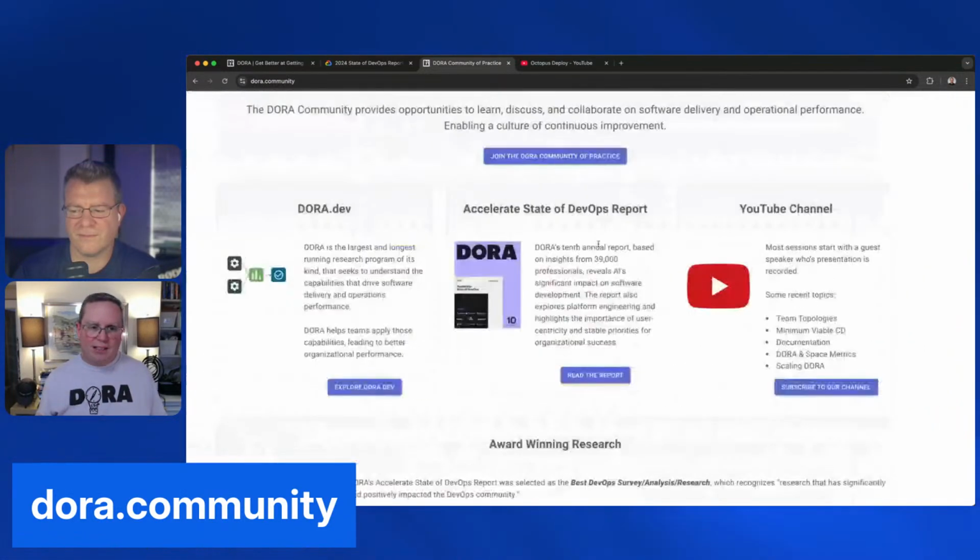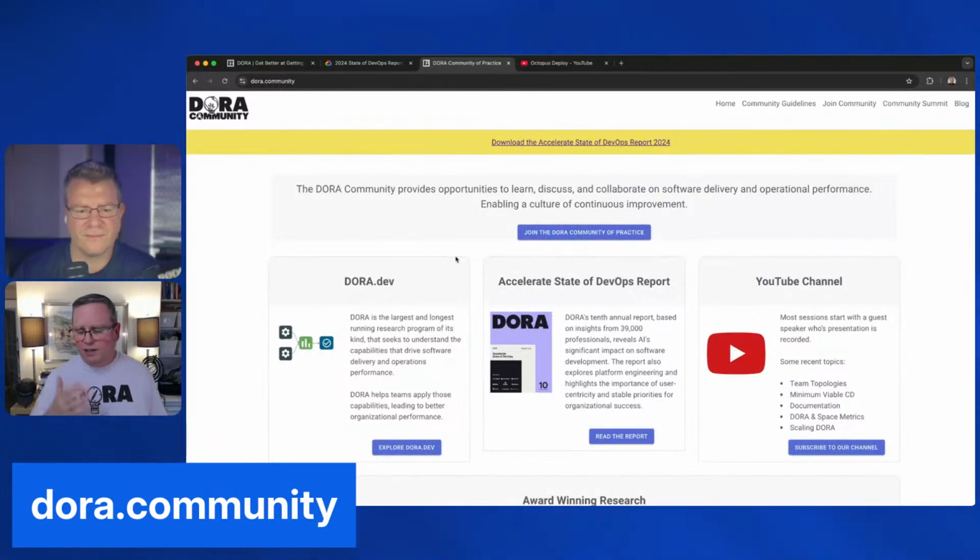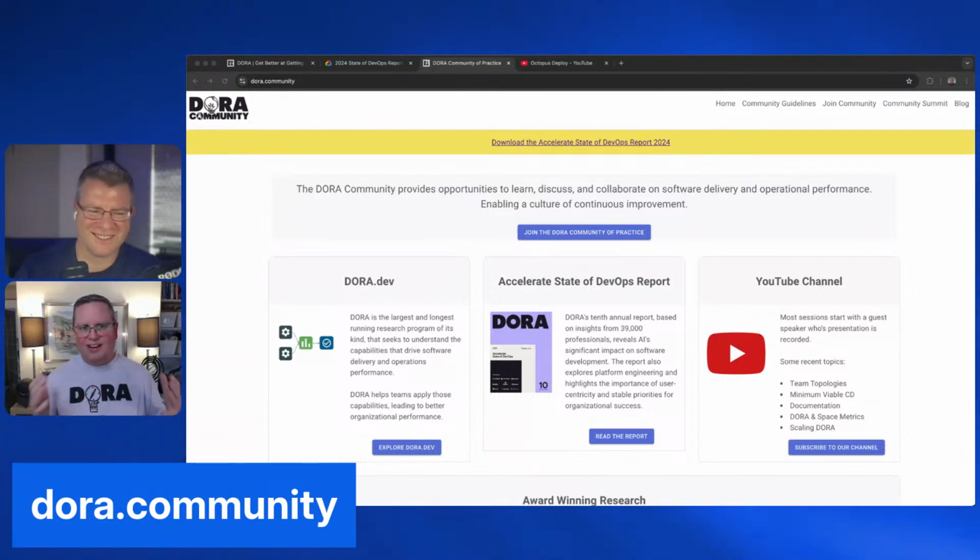It's a very active mailing list where we go very deep on some of these topics. Just recently, there's been a long thread around change lead time. When does that change lead time start? When does it end? There's been another long thread very recently around time to restore service, and MTTR. Is this a valuable metric? Is this a completely ridiculous metric? Where's the truth? And digging into that. So it's a great mailing list, but then we also get together for a number of community discussions, super open and learning from one another.